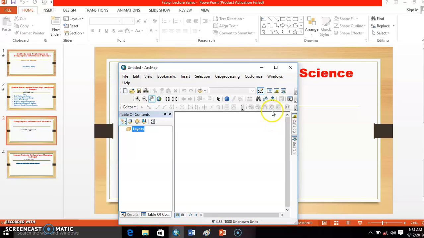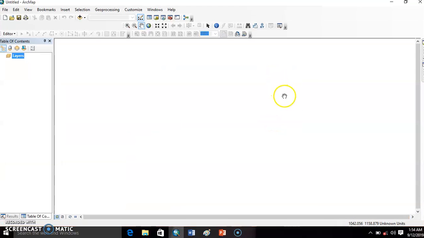The first thing you need to do is to launch your ArcGIS. And when you launch your ArcGIS, it's going to give you this interface that you see on the screen now. The ArcGIS interface has the menu bar, which is the one where we have the file, edit, view, bookmarks, insert, selection.